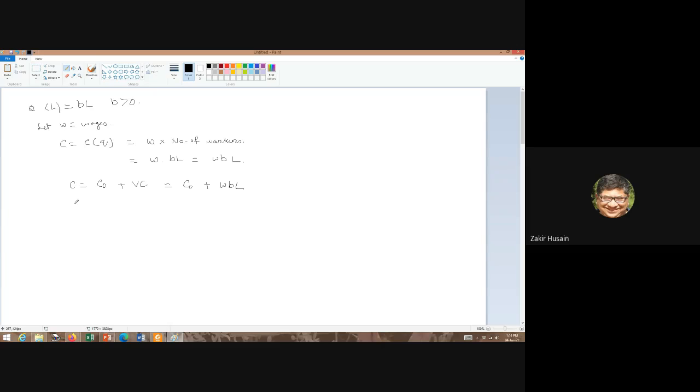Yeah, sorry. What was the problem? So you were getting this. Sir, shouldn't it be like C0 plus W by B into quantity? Because cost function is C(Q), na? Cost function is a function of quantity. So what is the variable for quantity, right? And shouldn't it be W by B?